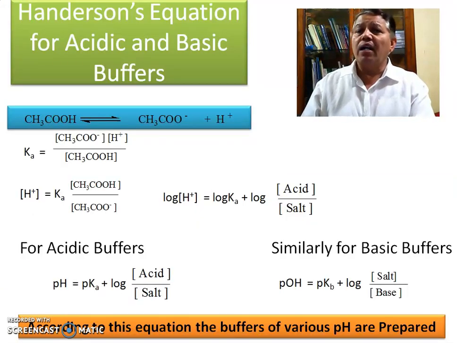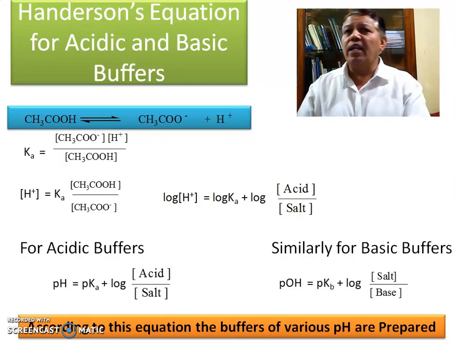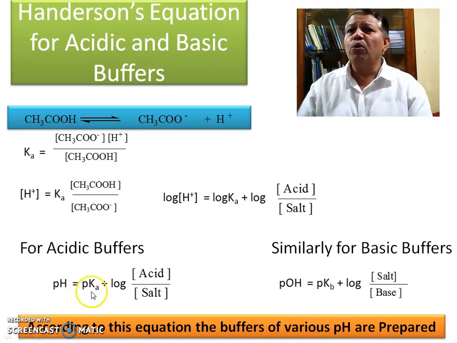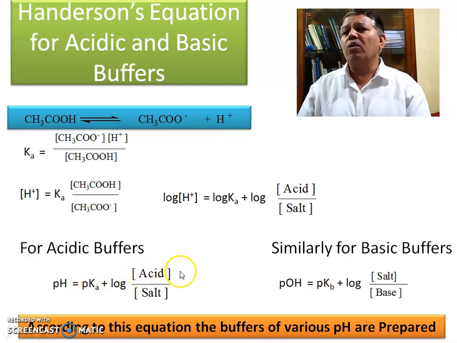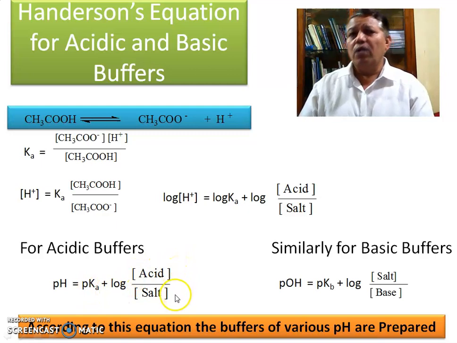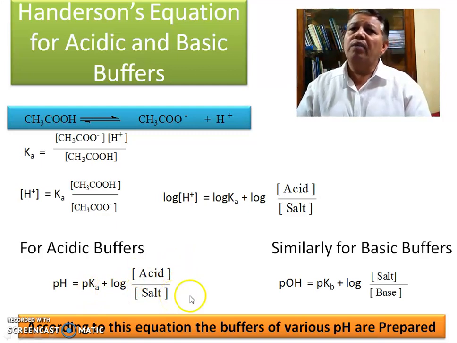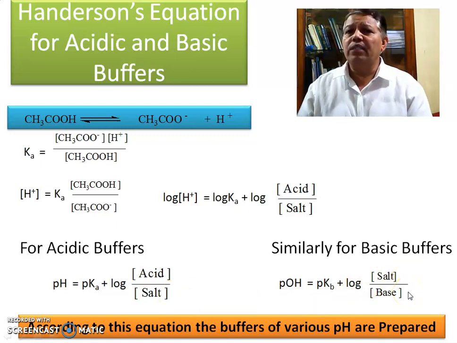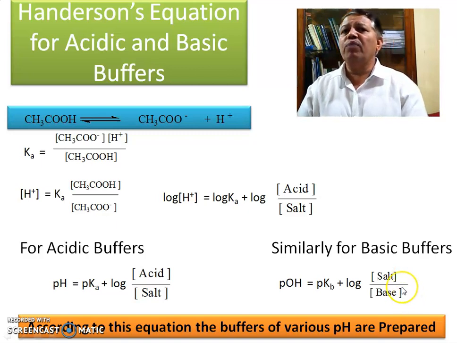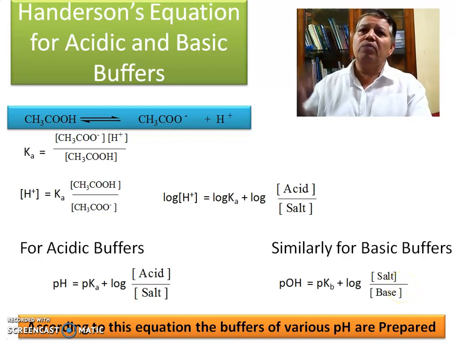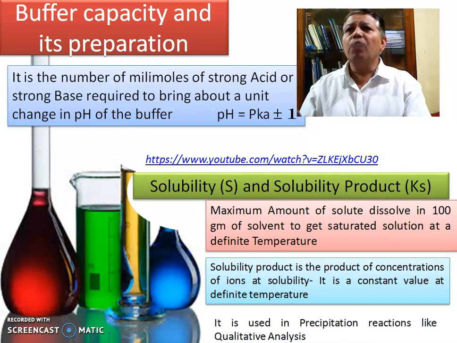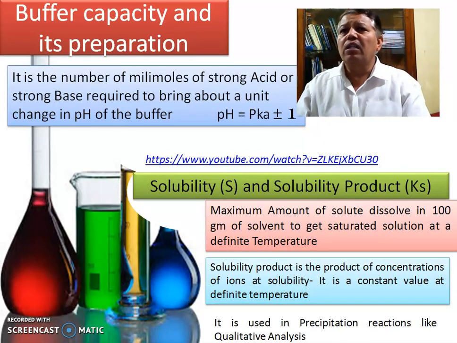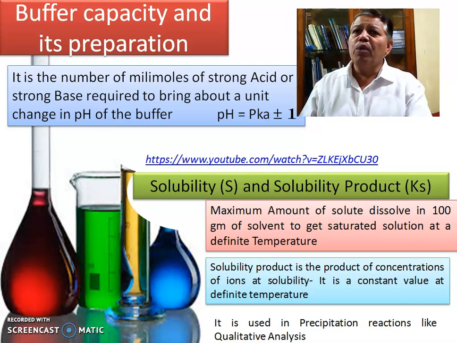Now, for the acidic and basic buffer, the Henderson equation is pH equal to pKa plus log of concentration of salt divided by concentration of acid, and for pOH, pKb plus log of concentration of salt divided by concentration of base. According to this equation, buffers of various pHs are prepared, and we can use these buffer solutions at different pH. Now, buffer capacity and its preparation